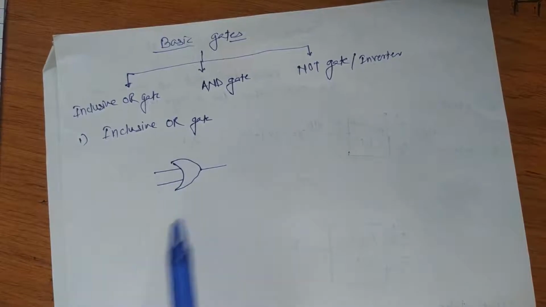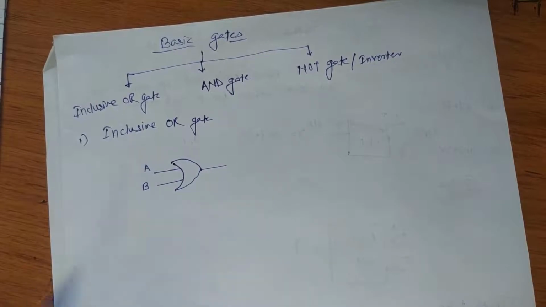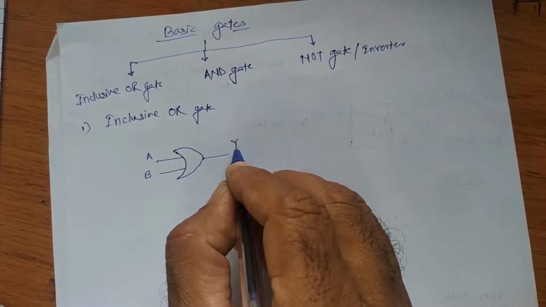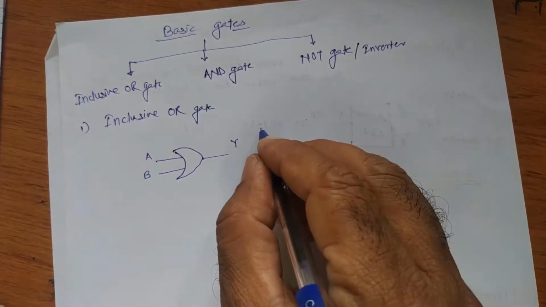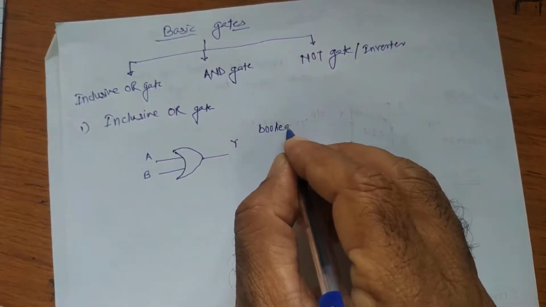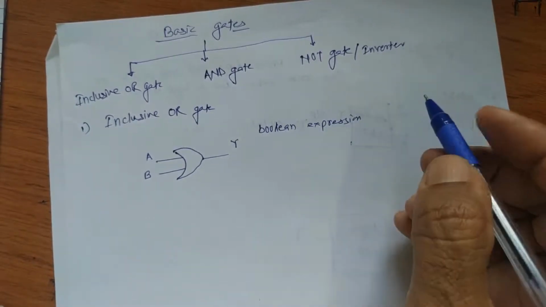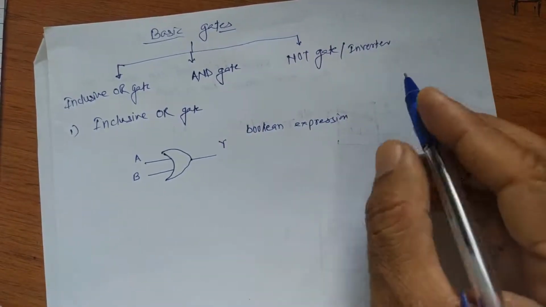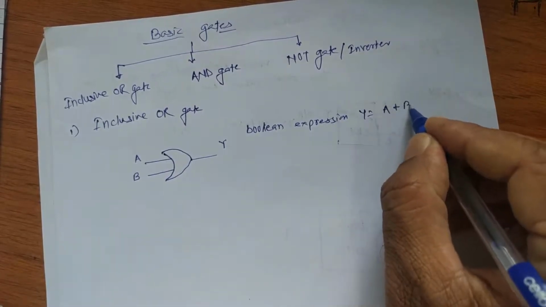It is a logic circuit which has two or more inputs, minimum two inputs, but a single output. Its Boolean expression, which is also known as a mathematical equation, is Y is equal to A or B,